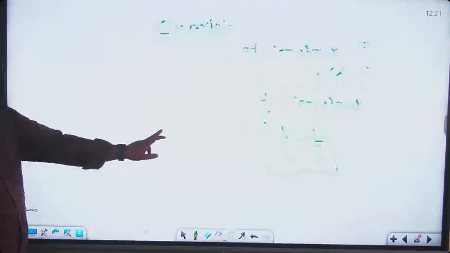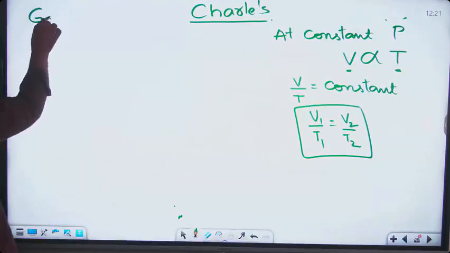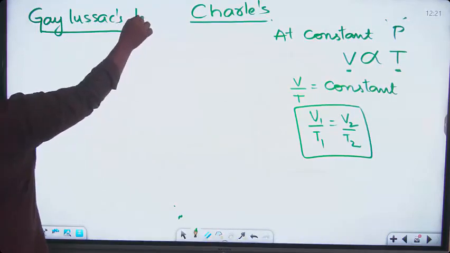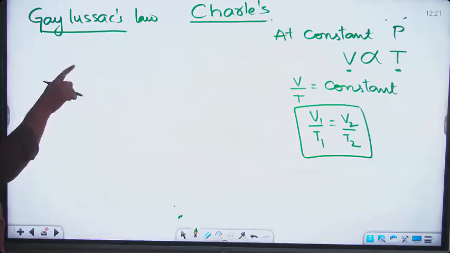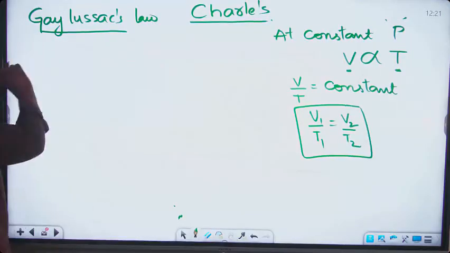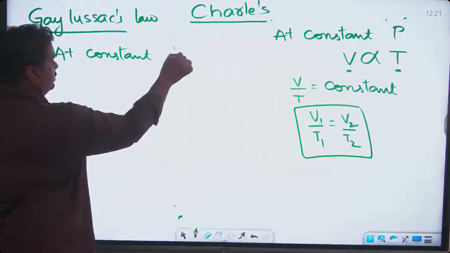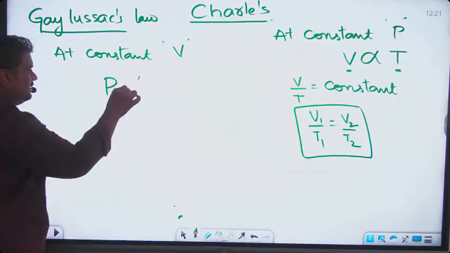After Charles law, we talk about the case of Gay-Lussac's law. Now, what is this particular Gay-Lussac's law? First, what did we say about Boyle's law? According to Boyle's law, it is at constant temperature, and Charles law is at constant pressure. So Gay-Lussac's law is at constant volume,